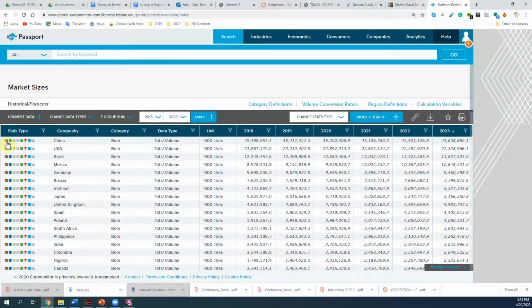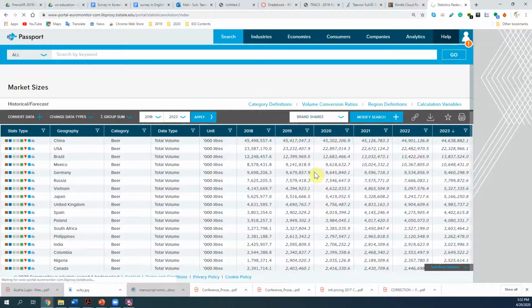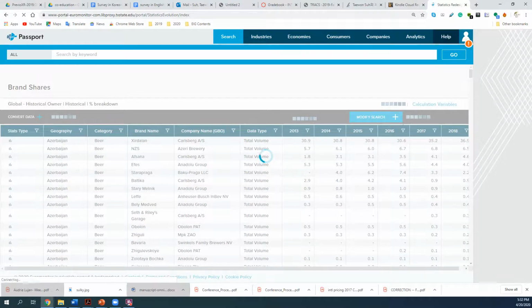By clicking each icon, you can get to the information of that country, right? By geographic location, right? Or you can change the stat type using this box. Currently it's market sizes, and you can change it to brand shares. Then you will see different data with brand shares, right, by country. So if you scroll down,